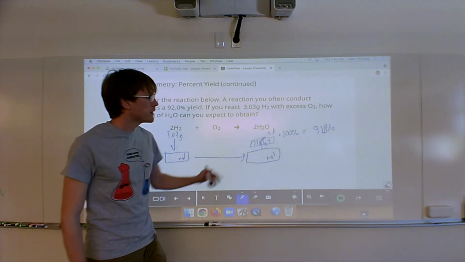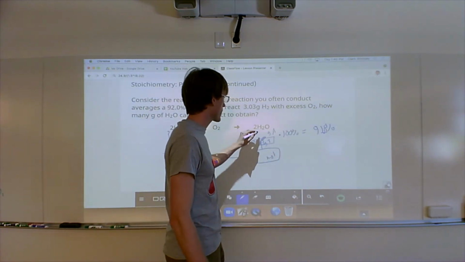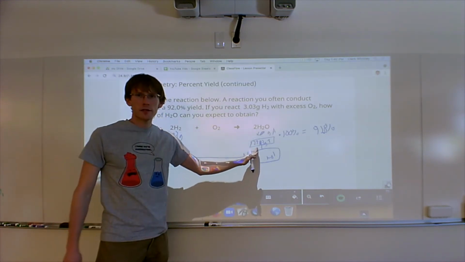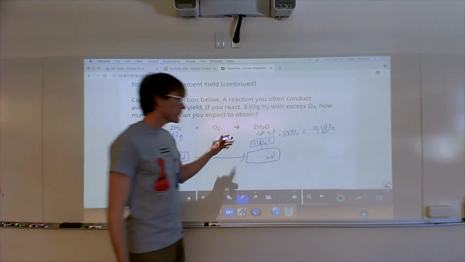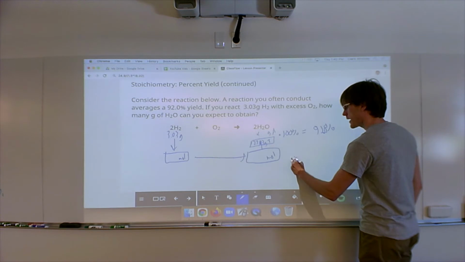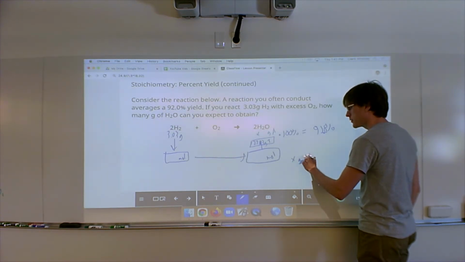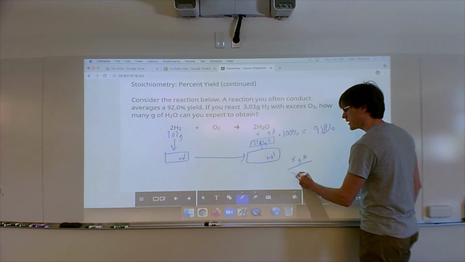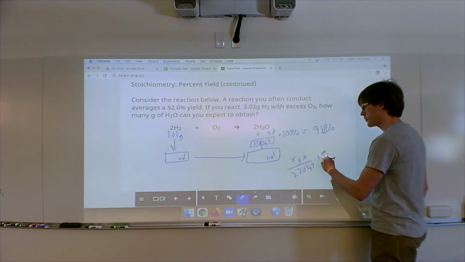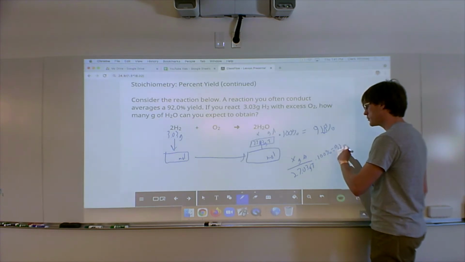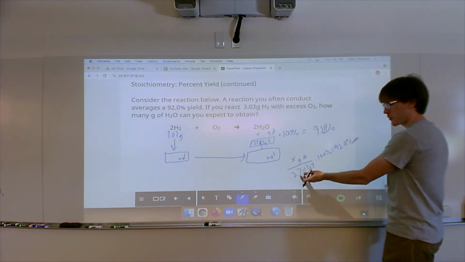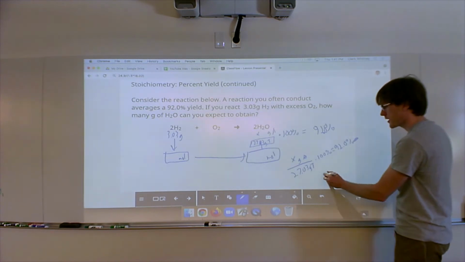27.03 grams. In this case, I'd have to rearrange this a little bit because I still don't know what this x is. But rather than showing you how to get to the 27, since we just did that, I'm just going to focus on what we have here. Our x grams of actual yield over our 27.03 grams of theoretical yield times 100% equals 92.0%. If I multiply both sides by the 27.03 grams, I divide by the 100%,